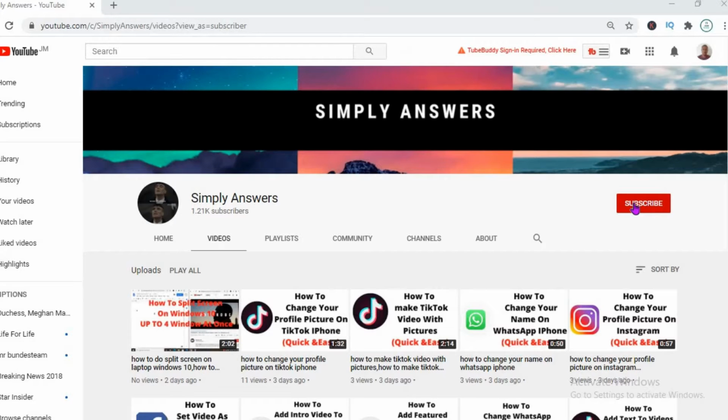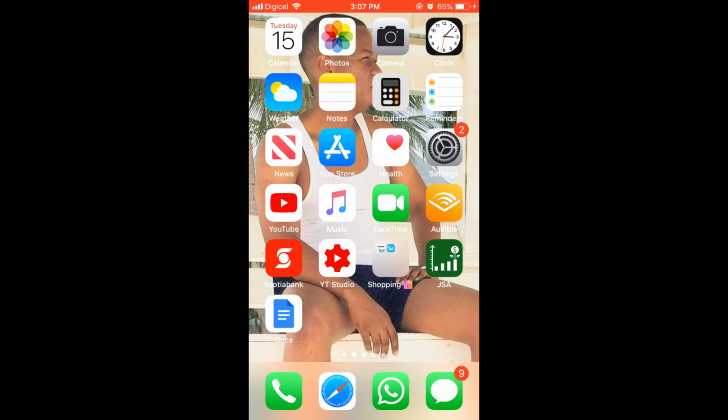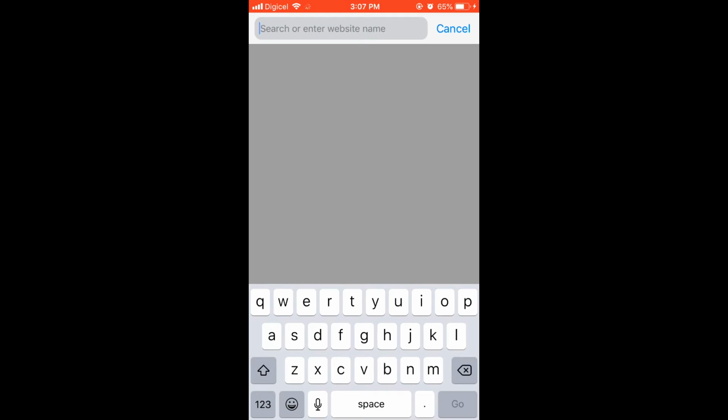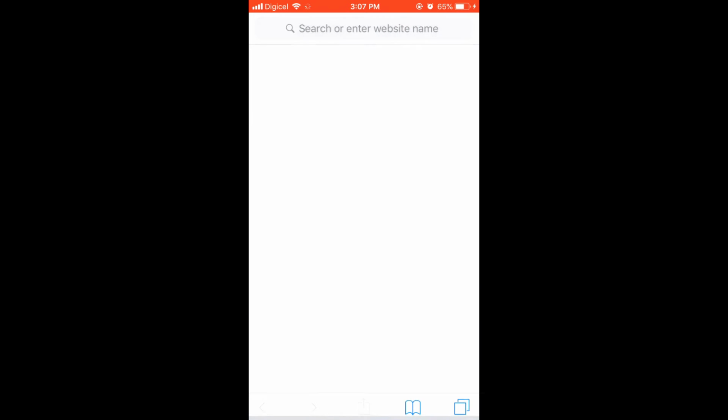In this video, I'll be showing you how to browse in incognito mode on your iPhone. First, you will go into Safari, and then at the bottom right hand corner, you will simply click on the two boxes that you see right there,